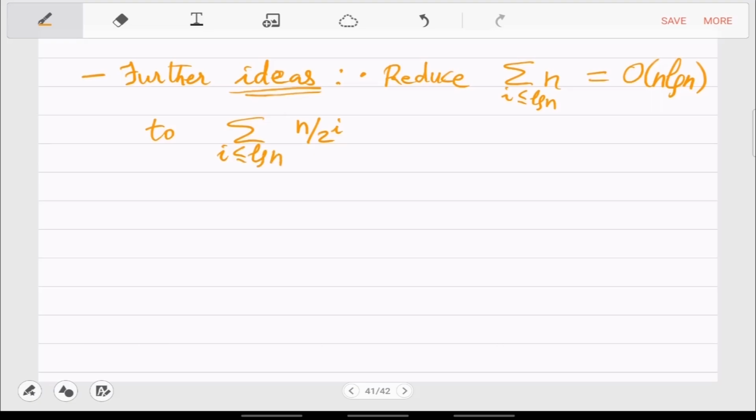So what is this? If we, instead of summing only n's, also halve them successively, what will this become? Yeah, so this will become, i is going from 0 maybe.